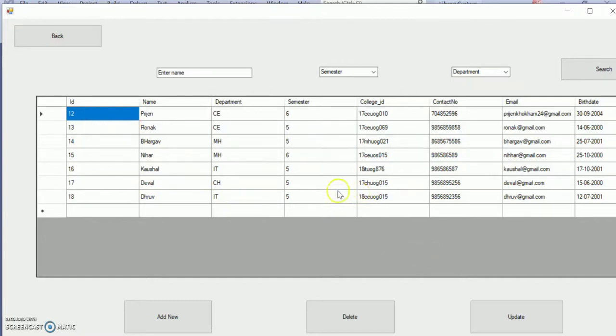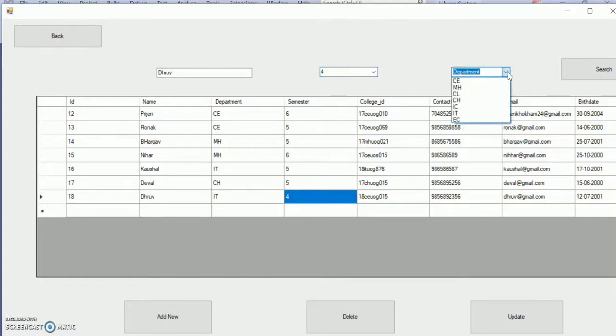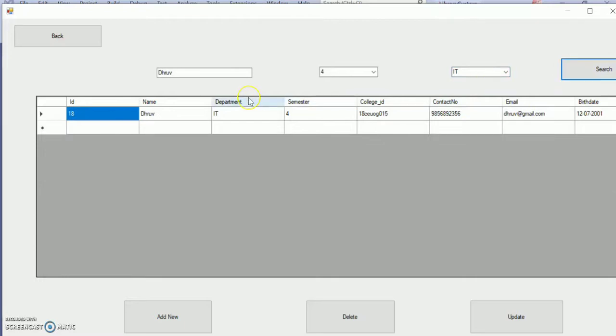Now let's do some update operations. Let's change this semester from 5 to 4. Yes, the update has been done. Now search by name Tirth, semester 4, department IT. Let's search it out. Yes, we can see that all other rows have been removed.